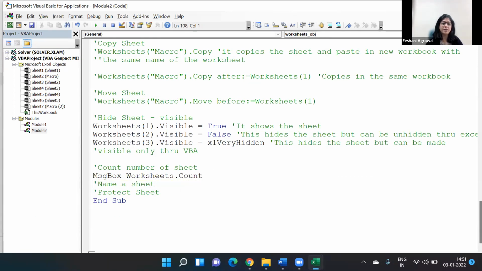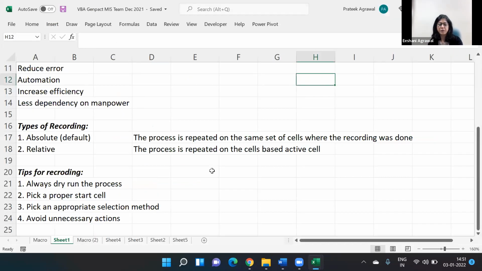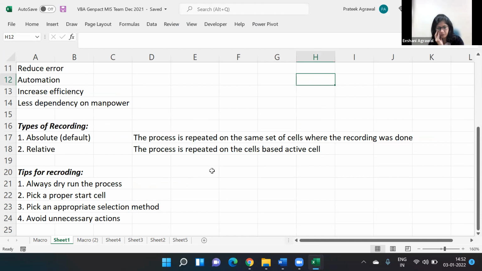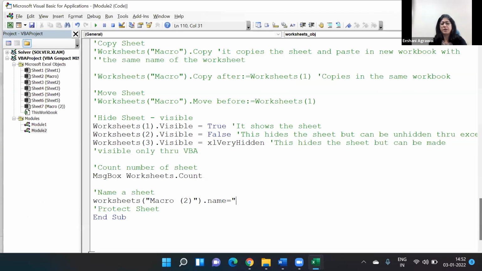Then name a sheet. Now there's nothing called rename. Like when you asked me, you said if I want to rename. So we don't rename anything, we just name it. So if I wanted to name this Macro 2 worksheet that we have, all I have to do is Worksheets, mention the name of the worksheet. In our case, it's Macro space 2 in the bracket, .Name, and give a proper name to it. Let's say we want to name it as Sheet6. I'll name it as Sheet6, and that's it. So once you run it,